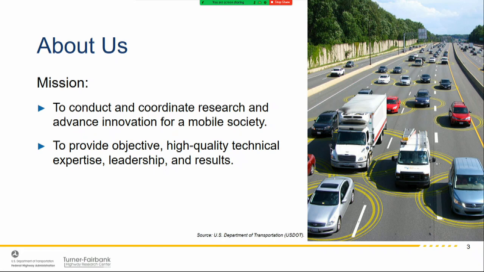And as the federal government, we have a federal role, which is unique, and that is to provide objective, high-quality technical expertise, leadership, and results. It's obviously very important that as a federal government, we be objective, and so we strive to do that. But we also need to have the expertise in order to be the leaders that people look to us to be. So we have world-class scientists, world-class laboratories, so we can provide that leadership to our stakeholders, so people can look to us in our research results and trust that they are objective, that they are state-of-the-art,